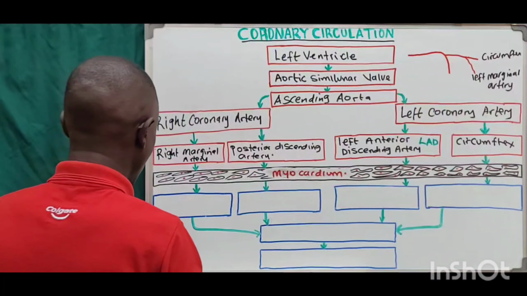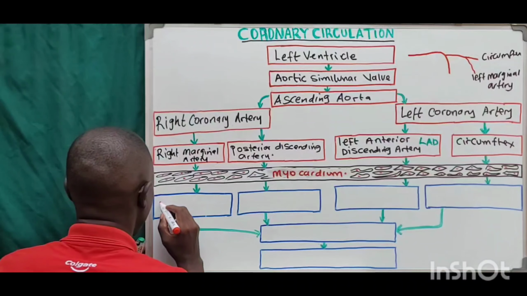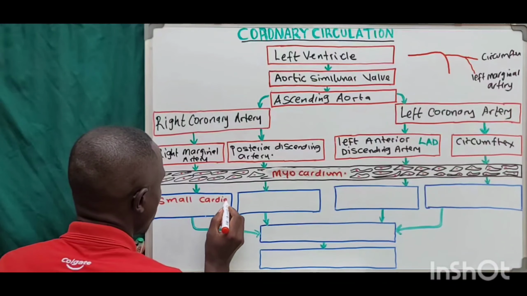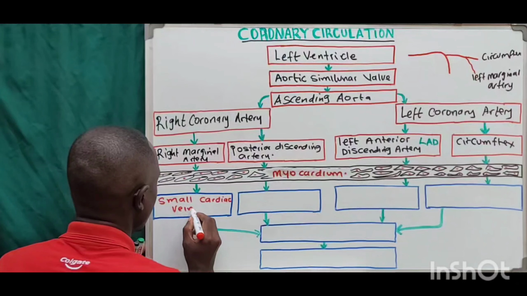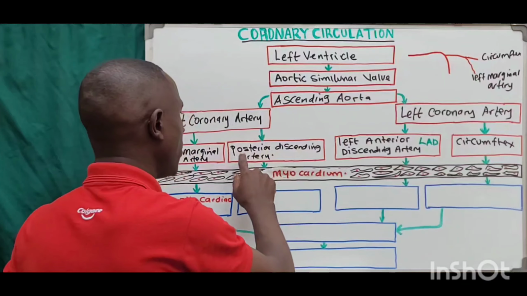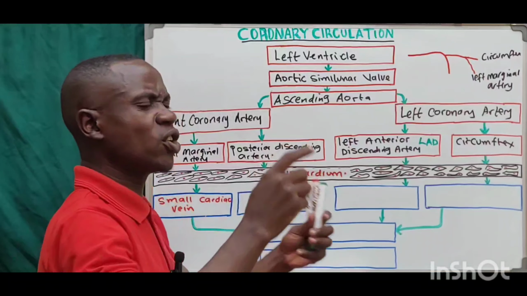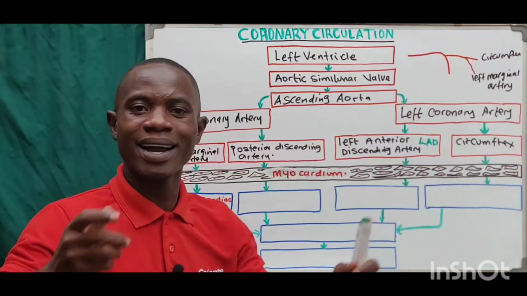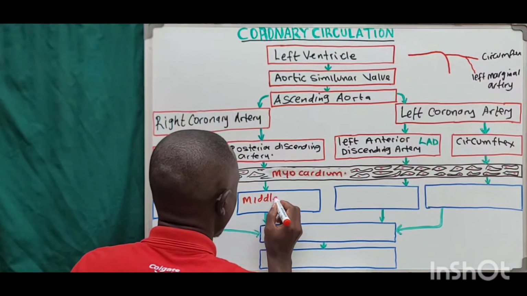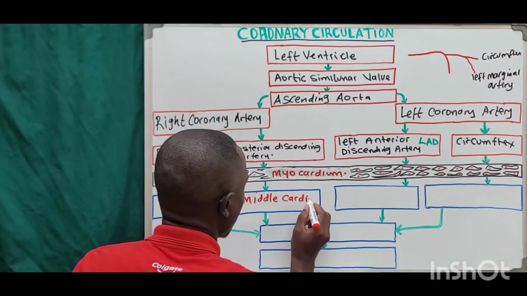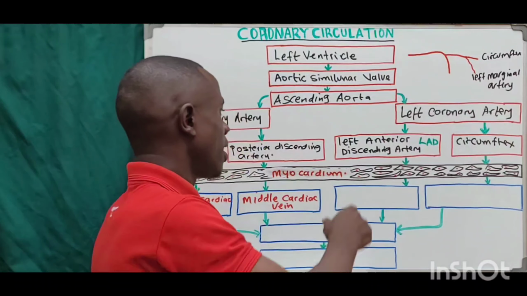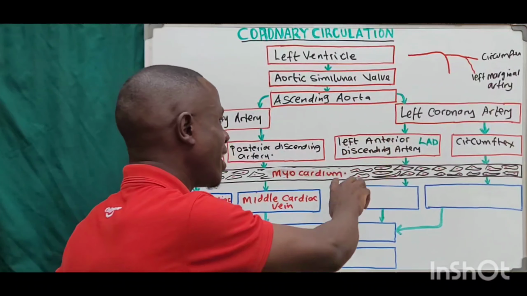Okay, this one here is what we call the small cardiac vein. Super very important. And then the myocardium supplied by the posterior descending artery is going to be drained by the middle cardiac vein. Okay, the middle cardiac vein. And even the myocardium supplied by the left anterior descending artery